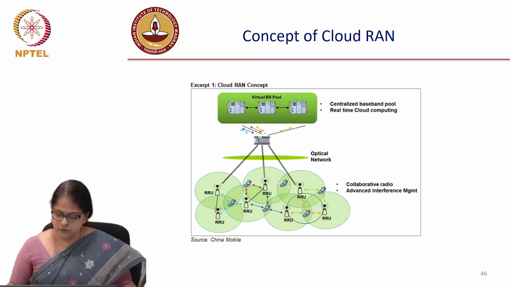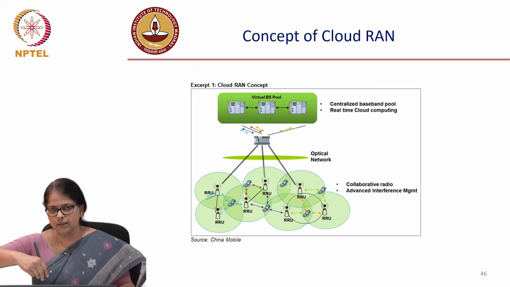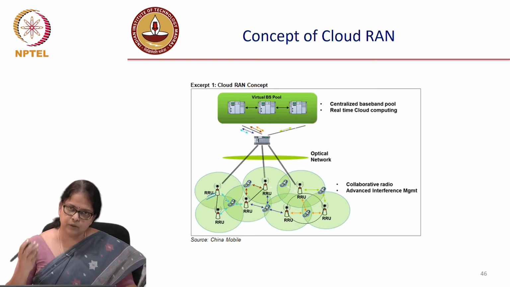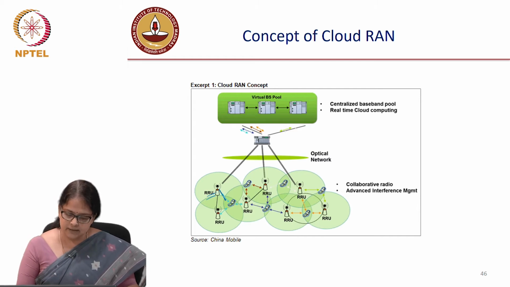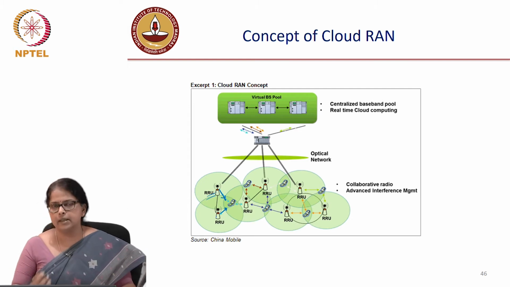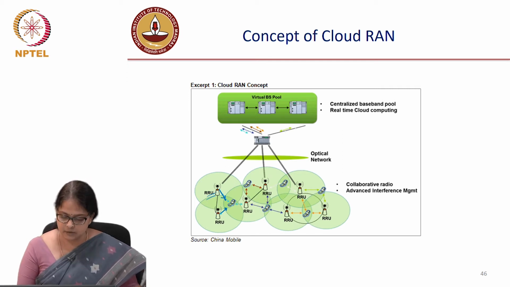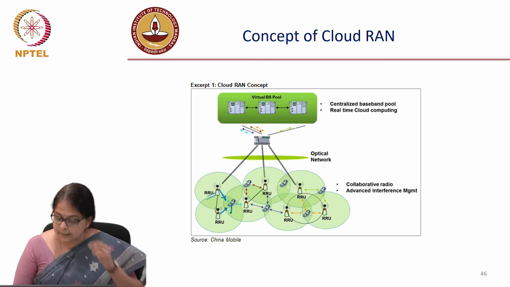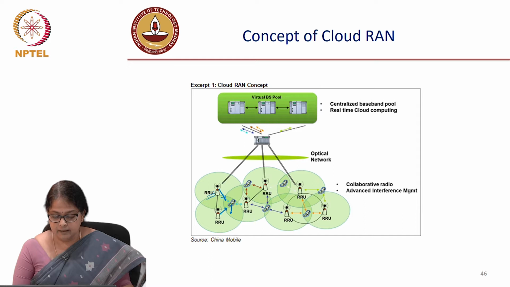So you have the different users being serviced by these remote radio heads, and as the user moves from one location to the other, it's not the user equipment which is trying to follow the tower. The way it works is the towers actually follow the user equipment to give a very seamless connection. This is like a collaborative radio with advanced interference management. As the user equipment moves from one zone to the other, depending on where you are getting your minimum interference, the corresponding RRH